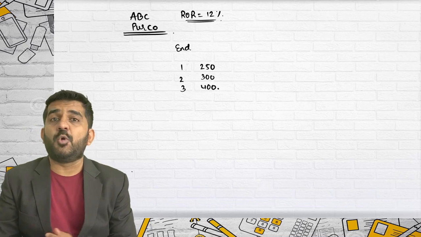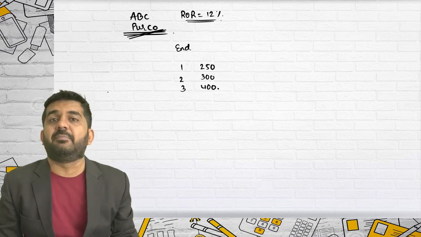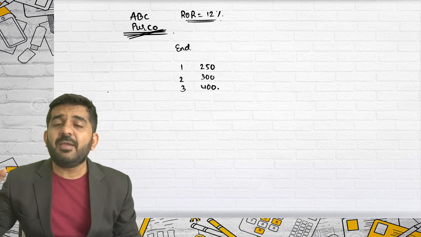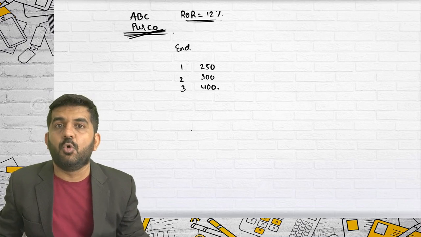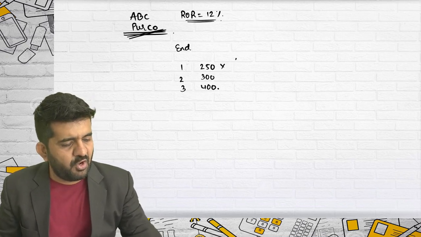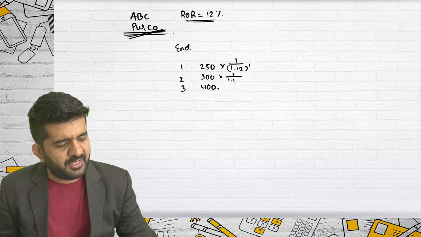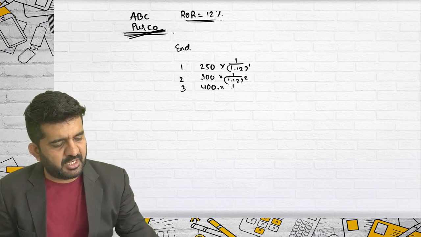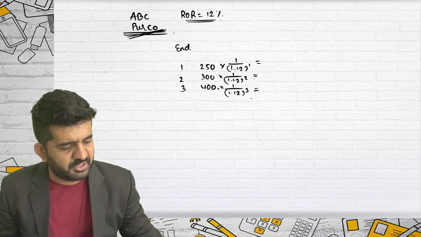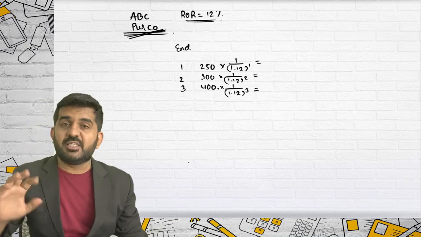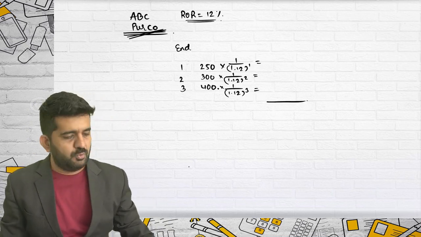How to value anything in finance? I am valuing from the point of view of ABC company. If I purchase XYZ Limited, this will be my cash flow. Present value of a future cash flow. Now, how to find out present value, in this chapter I will not be going into detail. If you do not know it, you can go to the first chapter on valuation. This is how I find out the present value of future cash flows.